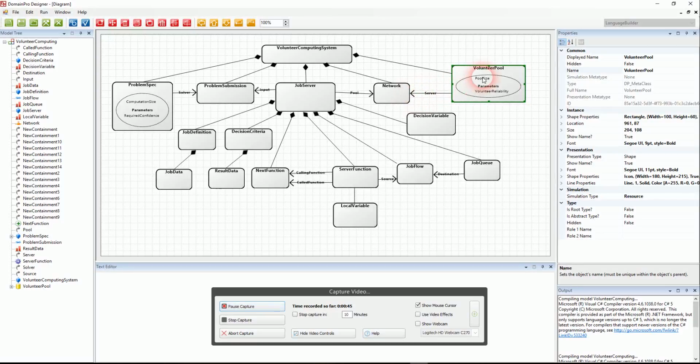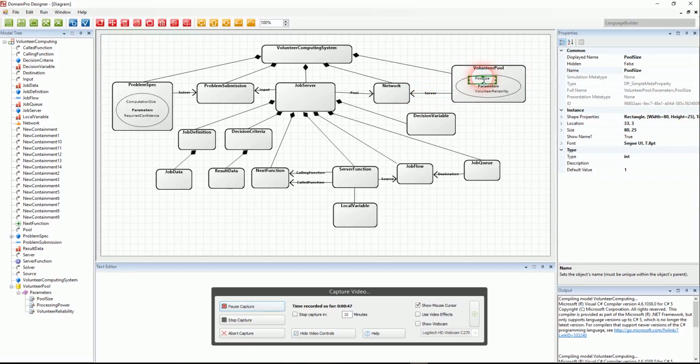The next part of it is that you can specify properties that actually extend the semantics of your meta language and allow designers to create variations of the model that are different from the base meta language constructs. So, for example, in the volunteer pool, we have the pool size, so different models can have different pool sizes, and the volunteer reliability, which gives the freedom to developers to have different volunteer reliabilities when they are testing